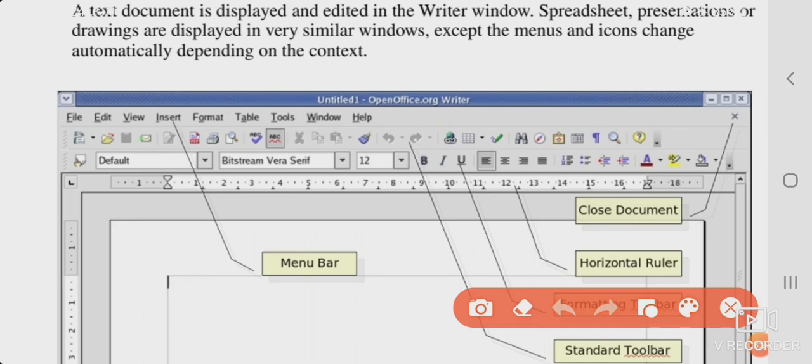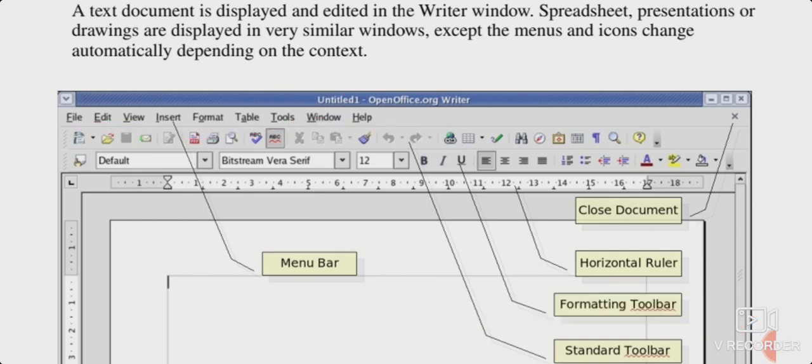The term Untitled is written over here because the file has not been given any name. So what is written? Untitled 1 openoffice.org Writer. So children, it is known as the title bar. Just below the title bar, you can check these menu items: File, Edit, View, Insert, Format, Table, Tools, Window, Help. So this is known as the menu bar.